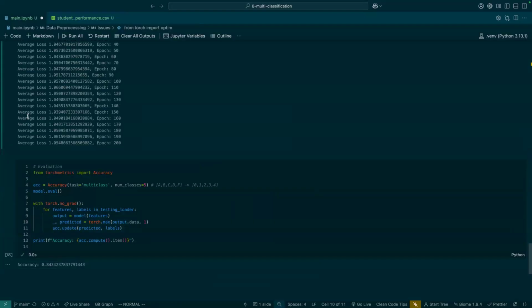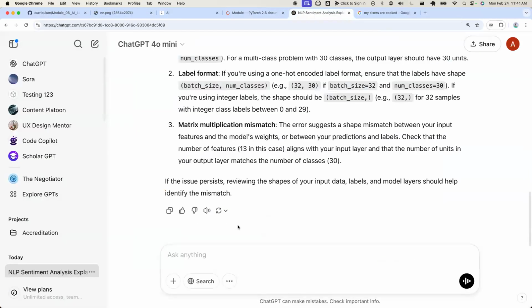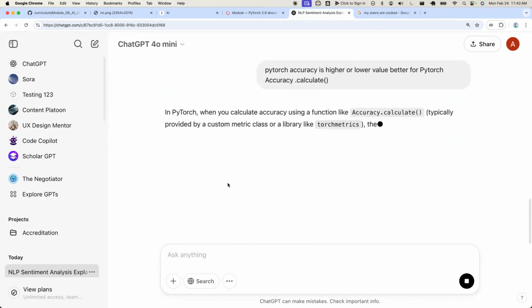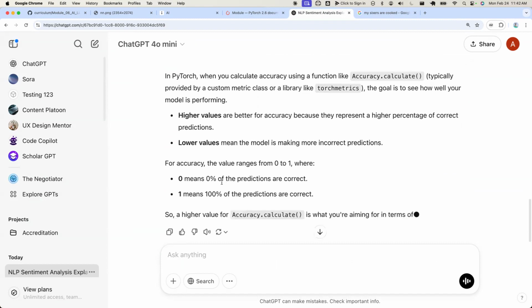I think this is giving us, I think we want the accuracy to go down, but I honestly need to double check. Let's actually just ask. This is, I think, a great ChatGPT question. Okay, so indeed